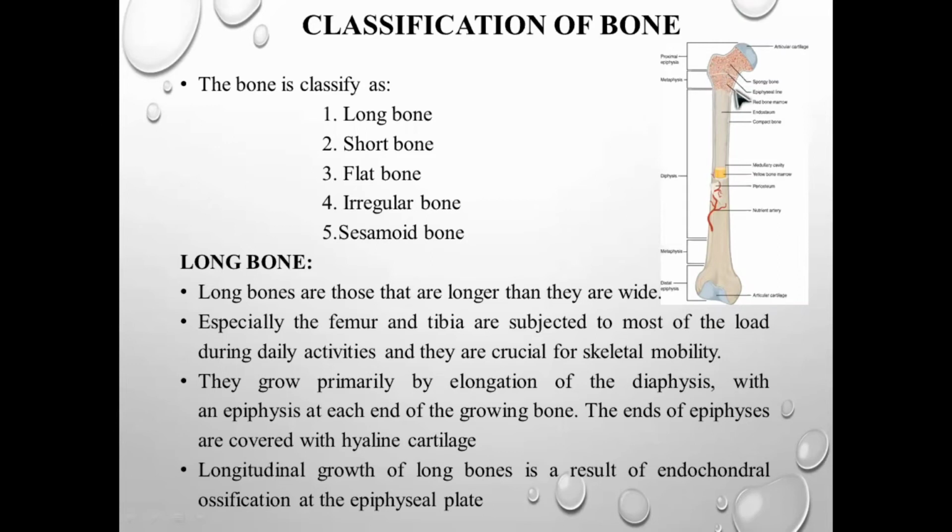So this can be seen in children. This line, this epiphyseal plate, can be visible in children until they reach the age of 20 or after attaining puberty. This line will disappear. Why? Because this is called the growth plate. What happened? From infancy till adolescence, the child has been